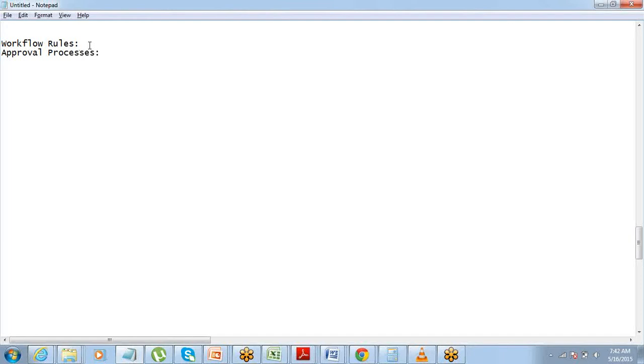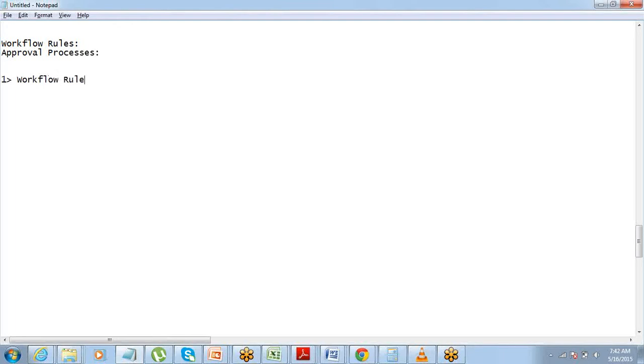So there can be a lot of those things, right? In that case, instead of doing a manual approval flow, we have an option of automating that process, so that the Salesforce system takes care of the approval process right from the start till the end. I'll talk about approval process, but we will start with the workflow rule.